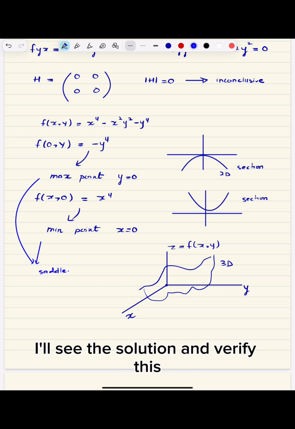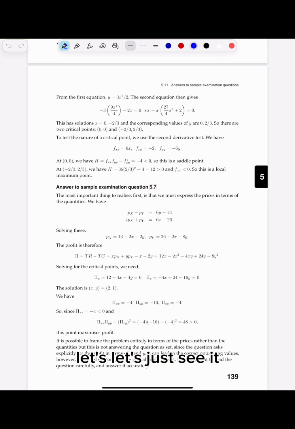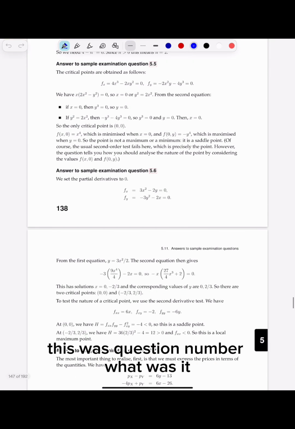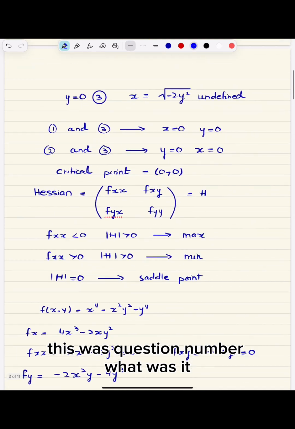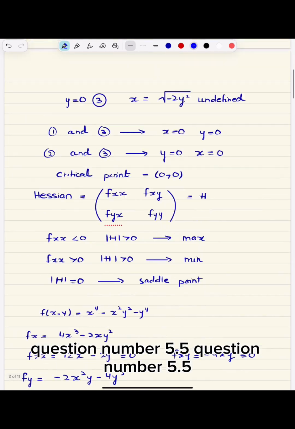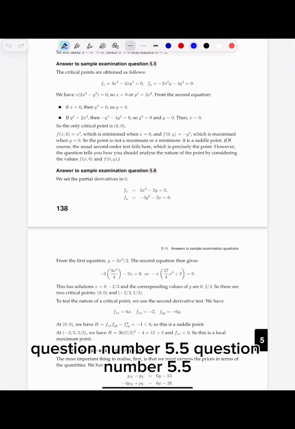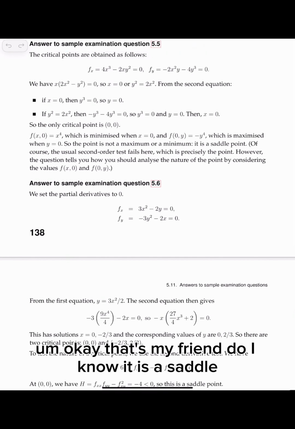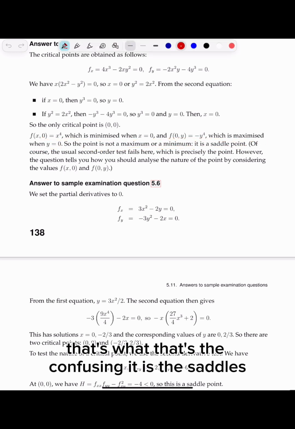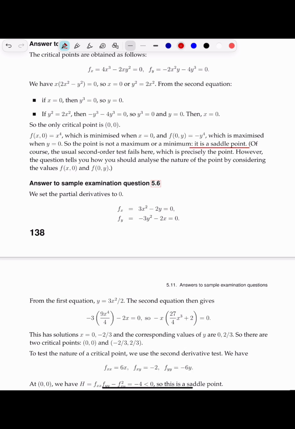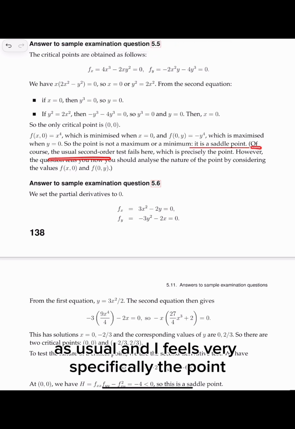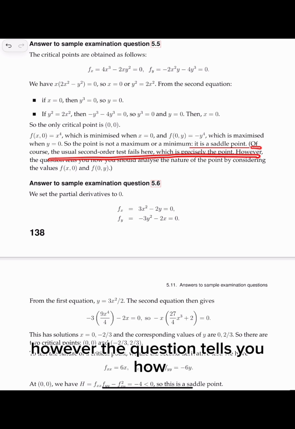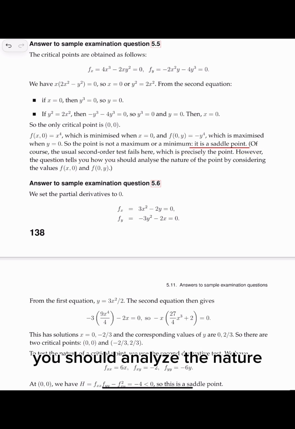I'll see the solution and verify this. Let's just see it. This was question number 5.5. Okay. It is a saddle. Yeah, well, that's the confusing part. It is a saddle. However, as usual, the test fails here, which is precisely the point. The question tells you how you should analyze the nature by considering